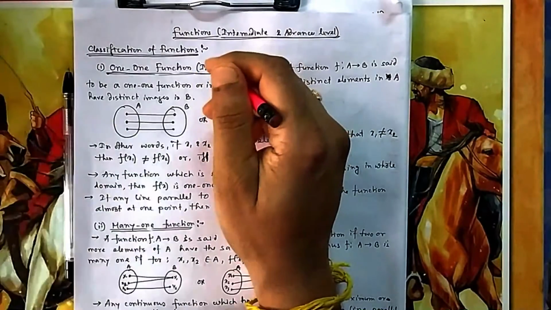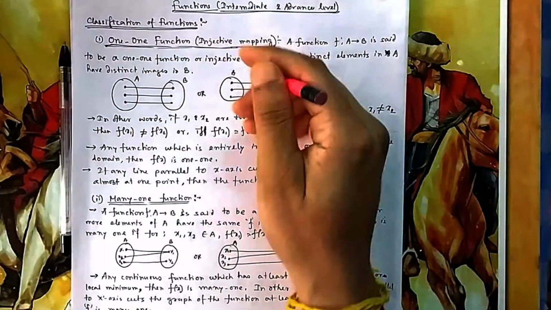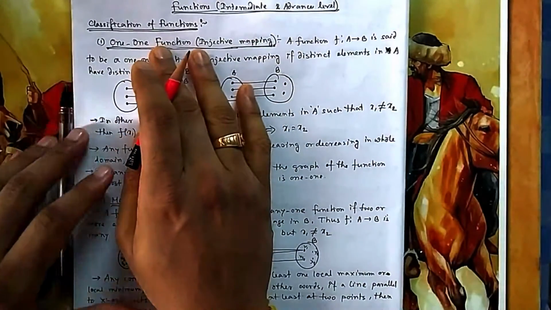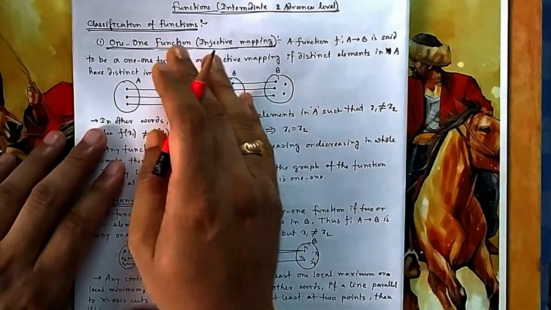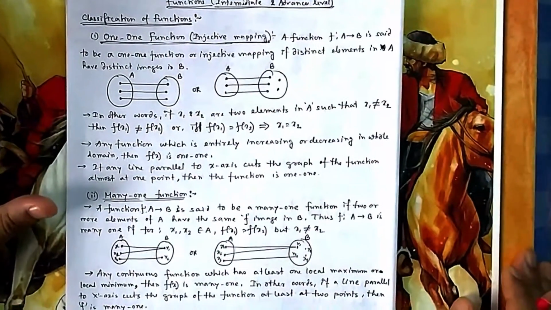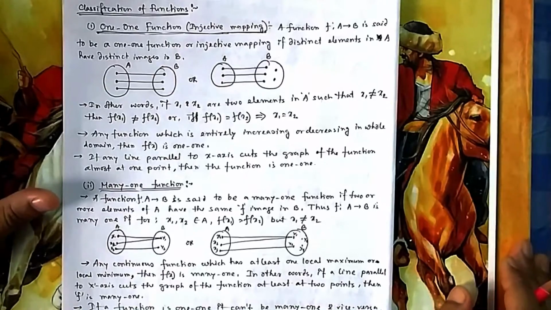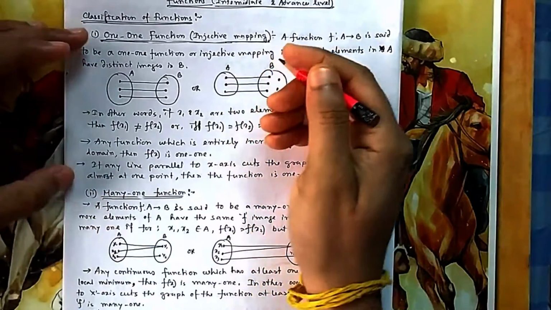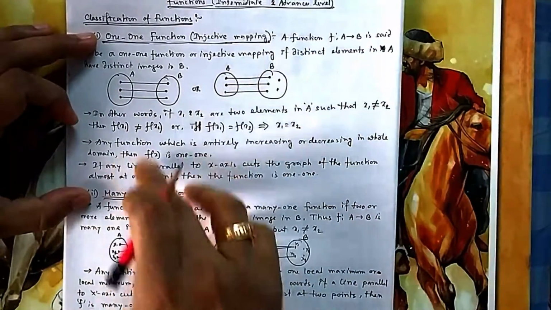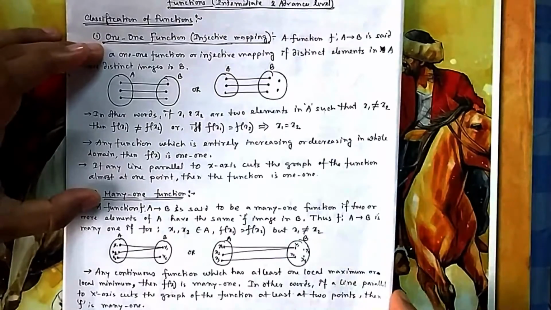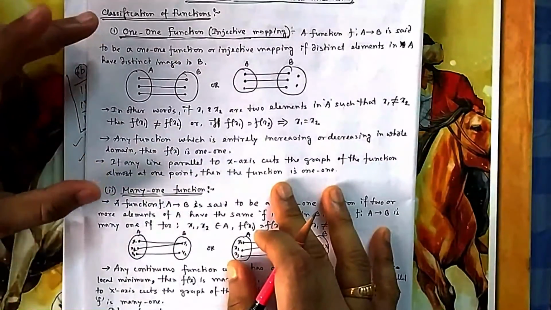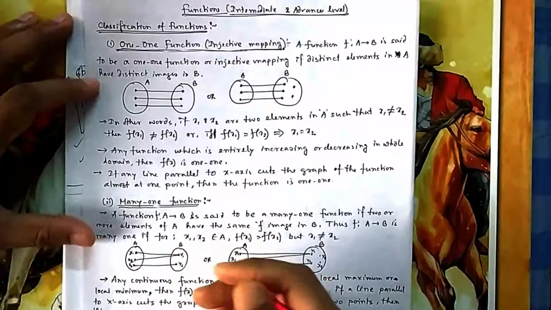In real life, some relations have different names. In relations also there are different names, but we are not going through relations now, we will go through them separately. But in functions also we have different names depending on how it is connected, how these x and y are connected, the dependent and independent variables, or how the mapping is done. So first, these two are based on how these connections are made: one-one and many-one. And the second two, onto and into, are based on how many y's are connected. So these are different types of classification. Don't think that 1, 2, 3, 4 are all the same way of classification.